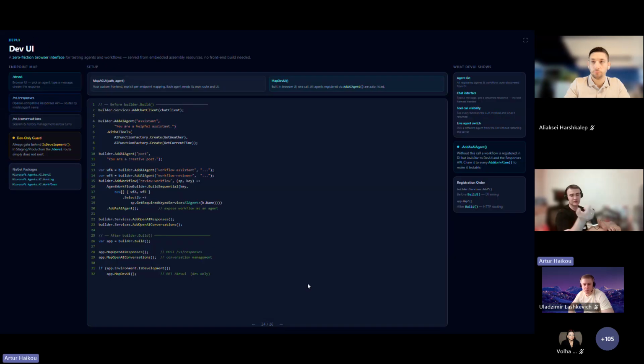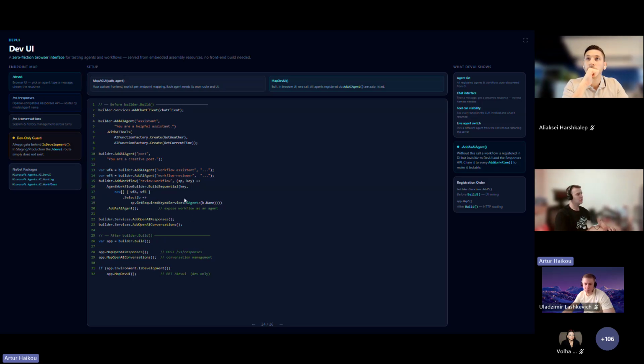And Microsoft provides some agentic UI. It's like Dev UI, where you're able to test your agents and workflows, of course, in order to understand how they behave in different situations. Of course, I will show how you can do it as well.